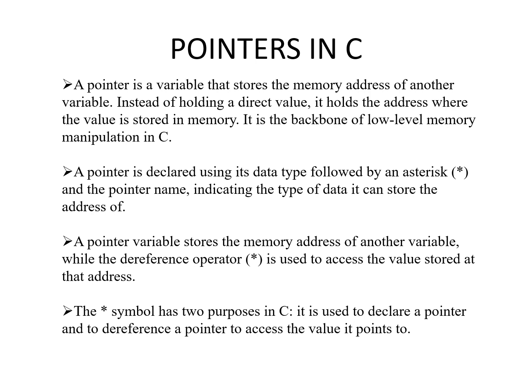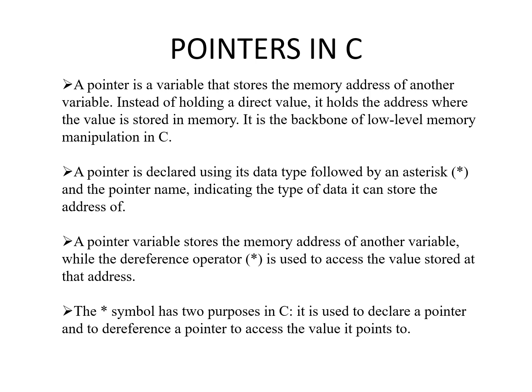A pointer is declared using a data type followed by an asterisk and then the pointer name. How to declare a pointer? The declaration uses an asterisk symbol followed by the pointer name, indicating the type of data whose addresses it can store. A pointer variable stores the memory address of another variable, while the dereference operator